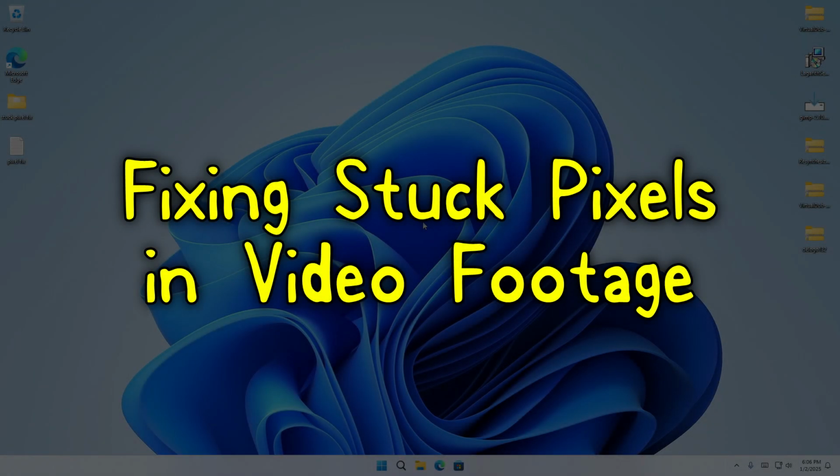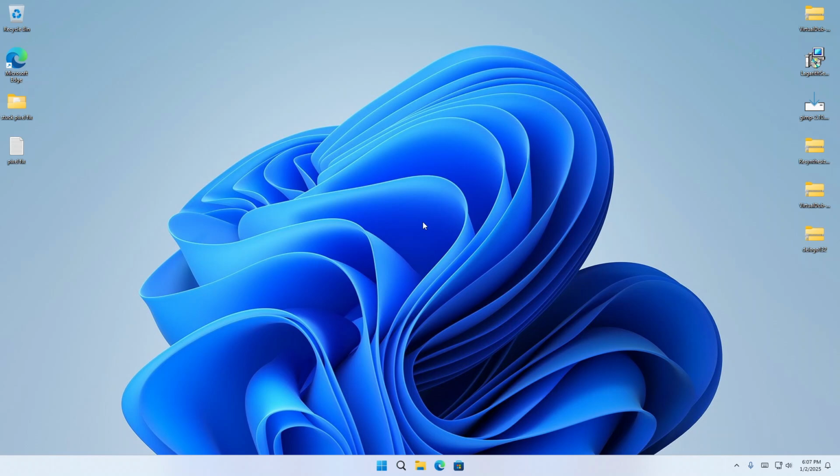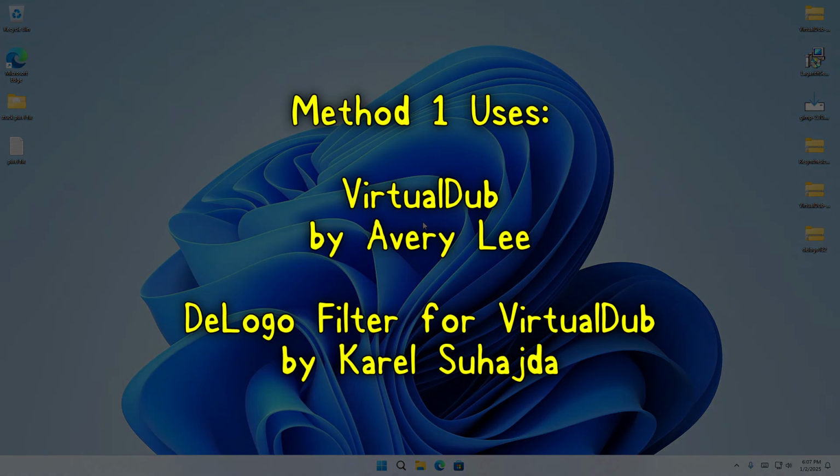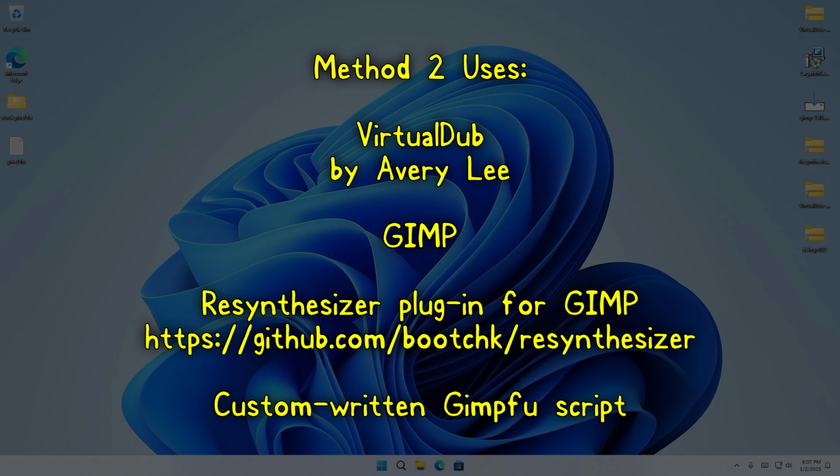I recently shot a wedding video and I realized that one of my cameras has some stuck pixels. In this video, I'm going to go over two methods for addressing stuck pixels in video footage. I'm going to first show an older method using VirtualDub and a VirtualDub filter called DeLogo. And the second method is using a script with GIMP, batch processing images, then reassembling that image sequence back into